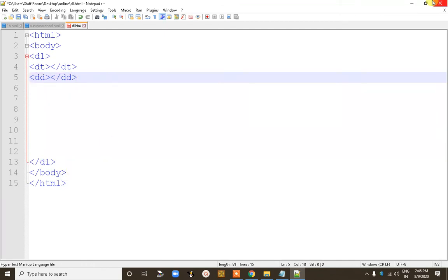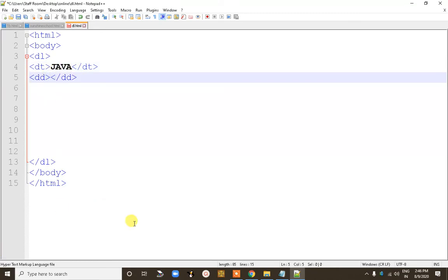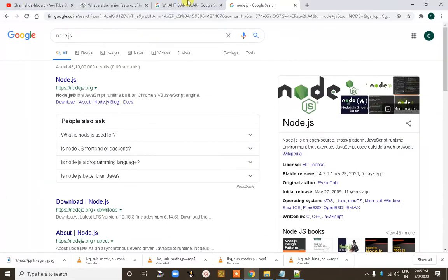Now suppose here I am writing in definition term Java. Definition term is Java. Definition description में मैं Java में क्या लिखता हूँ?